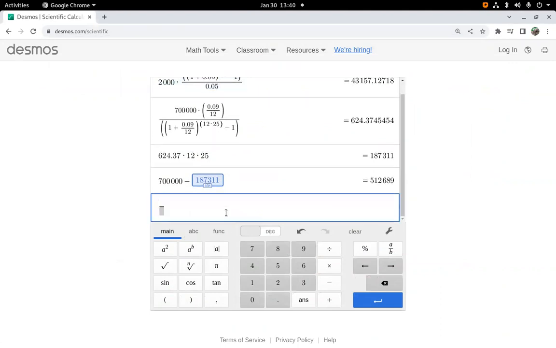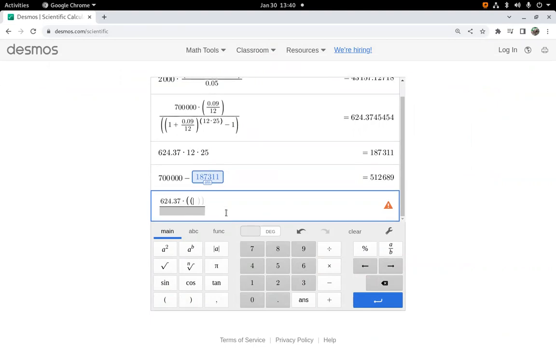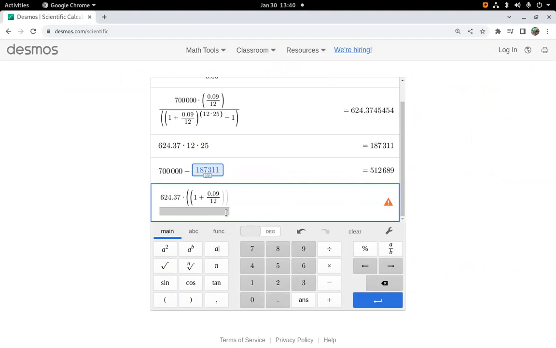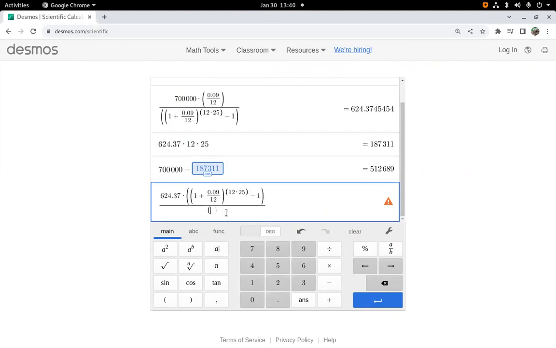So that formula would be my 624.37 in monthly payments times parentheses, 1 plus my 0.09, my 9%, over 12. That's going to be the power 12 times 25, 12 months per year times 25 years. Get out of the power, subtract 1. In the denominator, we divide by our rate